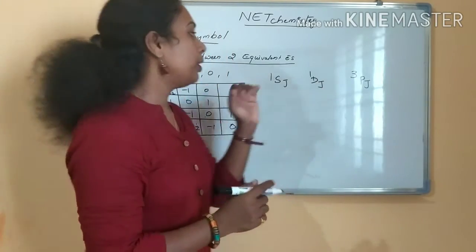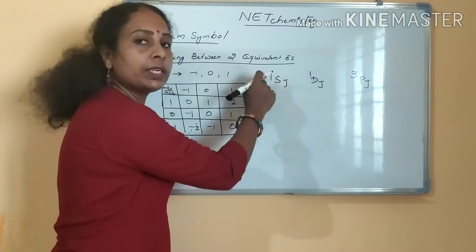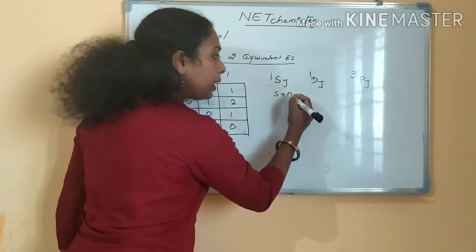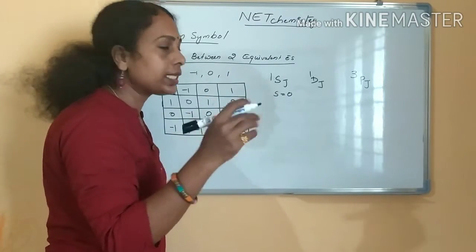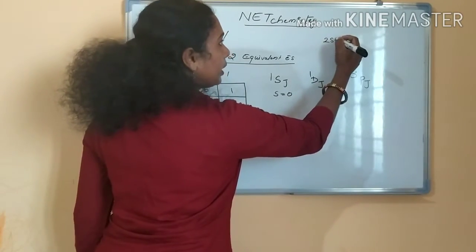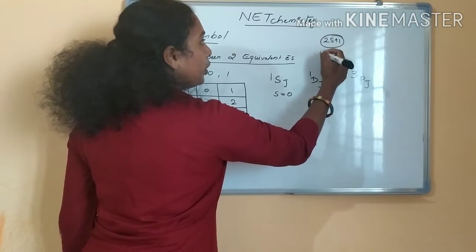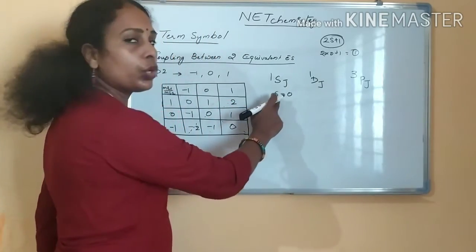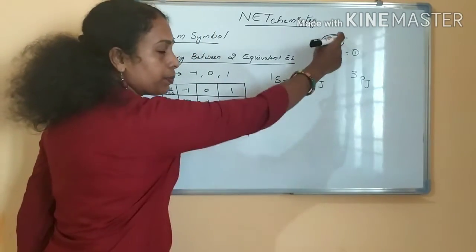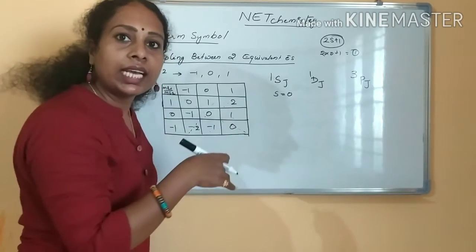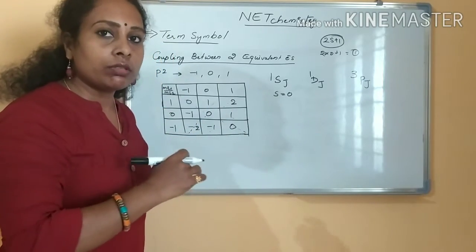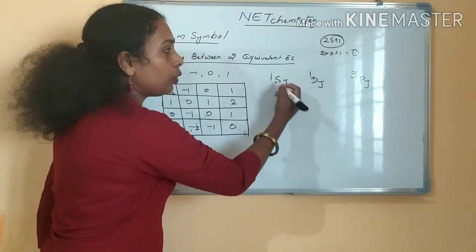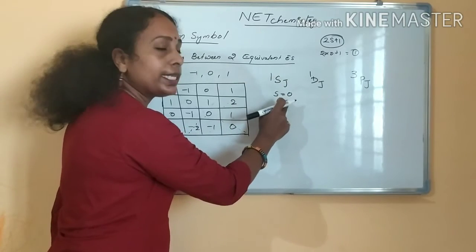I am writing it here. So tell me, if 2S plus 1 equal to 1, what is the value for S? S equal to 0, right? We have seen yesterday, both the spins will be cancelling each other. 2 into 0 plus 1, right? Then only you will be getting a value of 1. So S equal to 0 here. 2S plus 1, okay, that you know, right? You have seen the last video, right? I will give you a link in the description. So if you have not seen, please check it. So 2S plus 1 is 1, then S equal to 0, right?